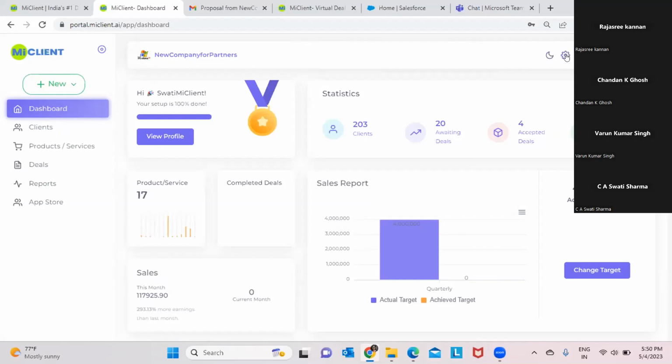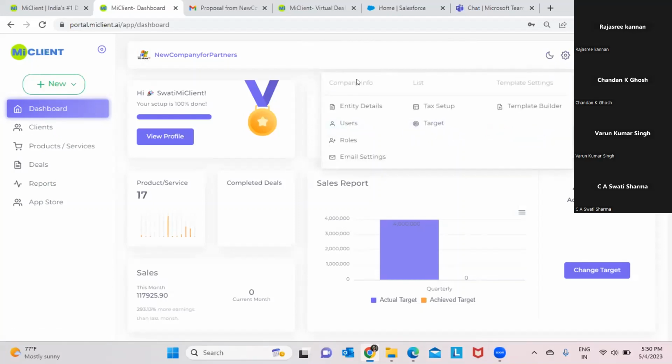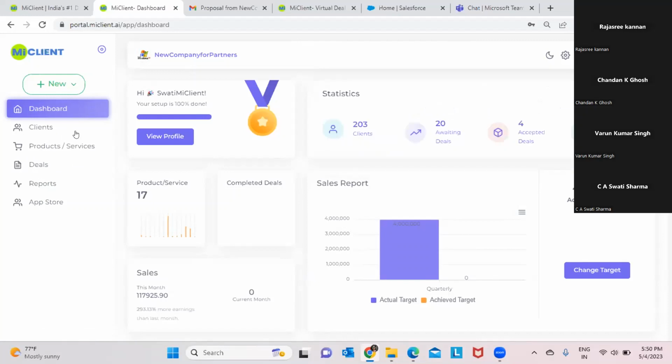And here we have the gear icon where you can see the company information, the initial setup of the company, the initial setup of the users and their roles, and the email settings, like what standard email we want to send to our clients in the quote, then tax setup, targets, and the USP of our solution, that is the template builder. I'll come to this feature once I go on deals. So I'll start with the